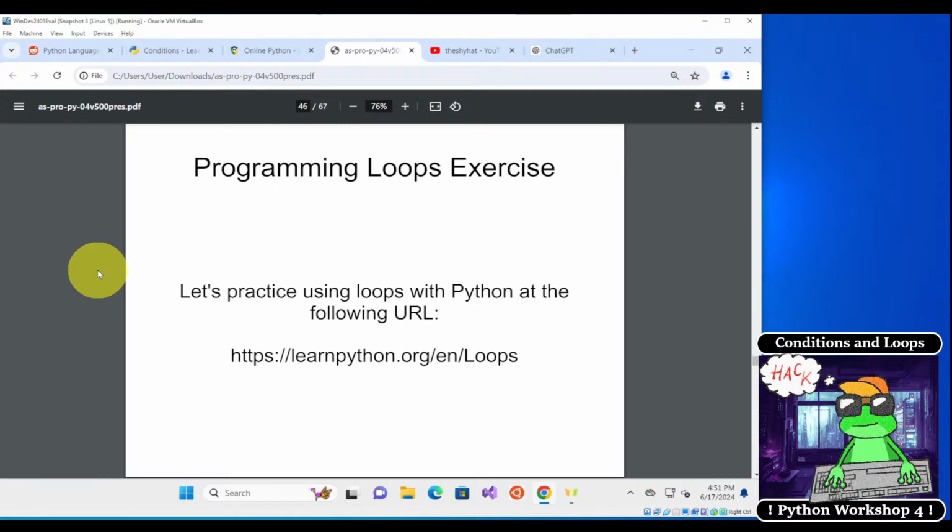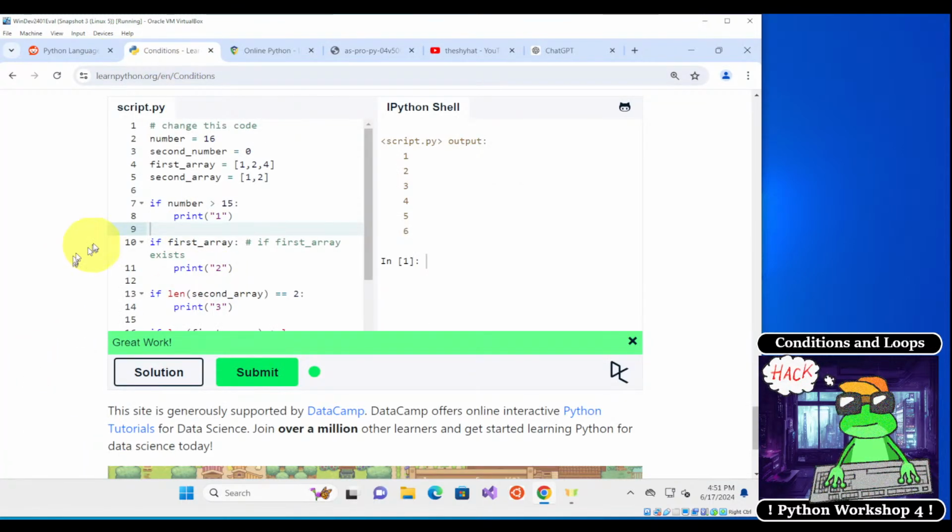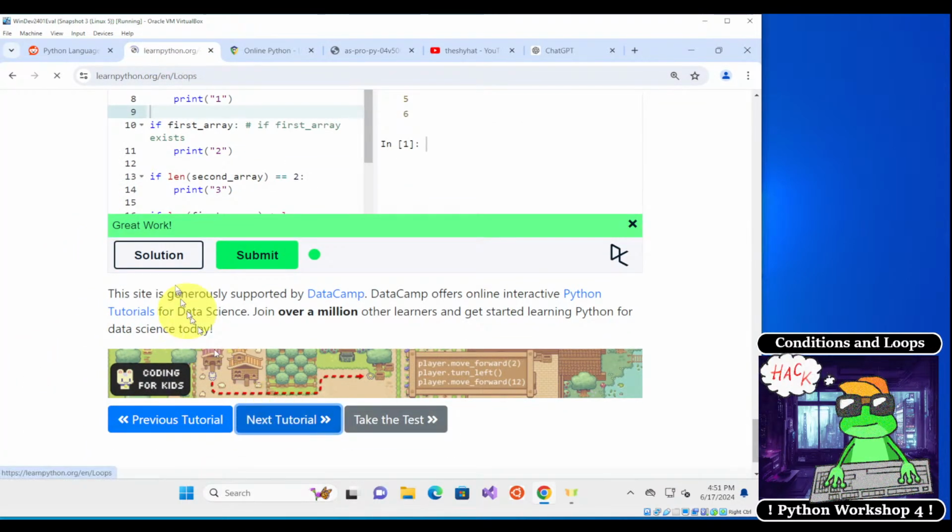So let's run through the programming loops exercise inside of learnpython.org. So we can just go over to the next tutorial,